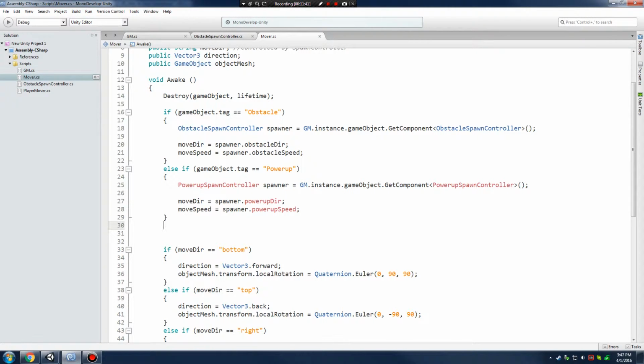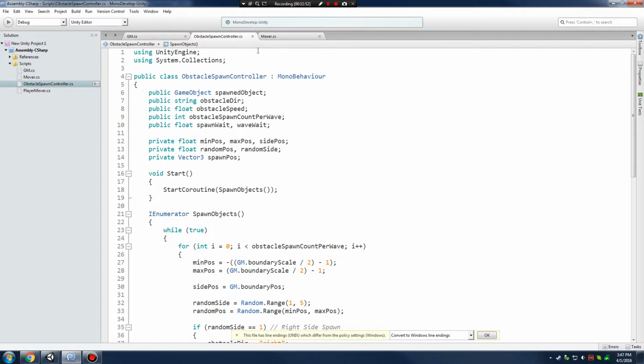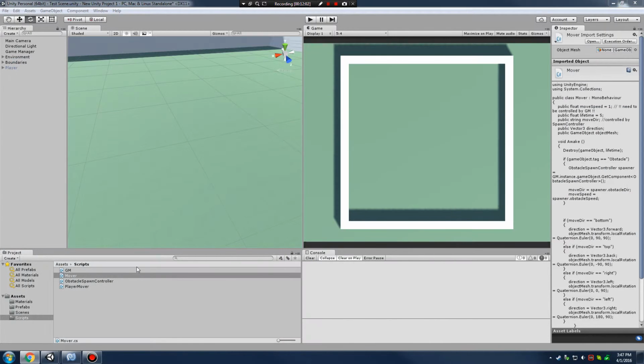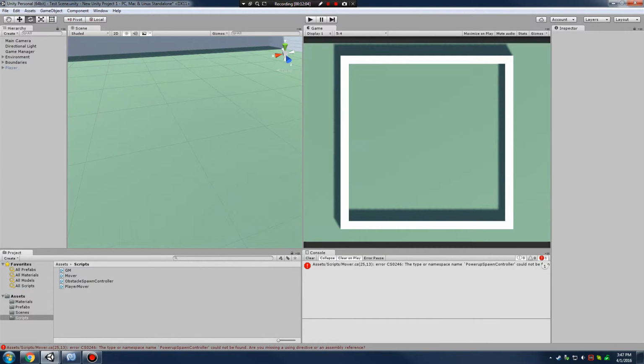So why don't we go on and learn how we can create a power-up spawner by using our obstacle spawn controller. Or what did I say? Yeah, we're going to learn how to make a power-up spawn controller by basically duplicating our obstacle spawn controller and editing a few lines of code. So to get started on that,